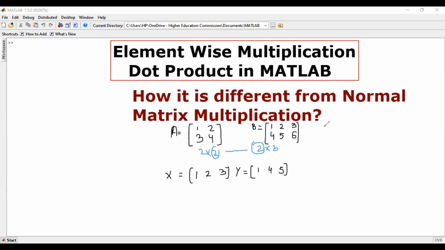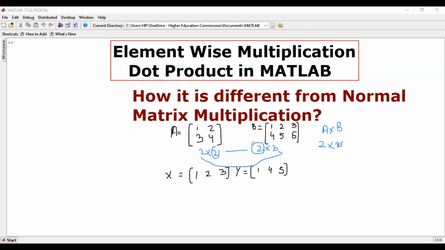So in this way, we can say that the multiplication A cross B is possible, right? One more interesting thing is that the output matrix will have a size of 2 cross 3. That is what we discussed, just normal multiplication. But let's talk about the element-wise multiplication or the dot product, which is very useful